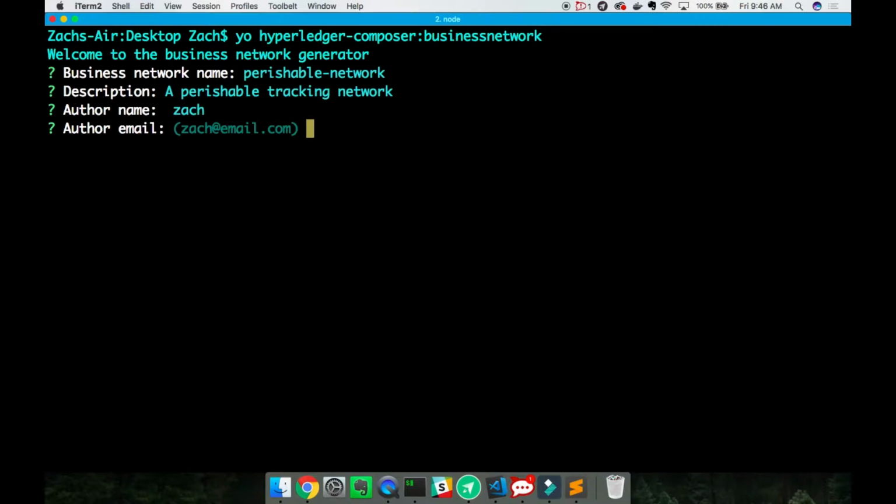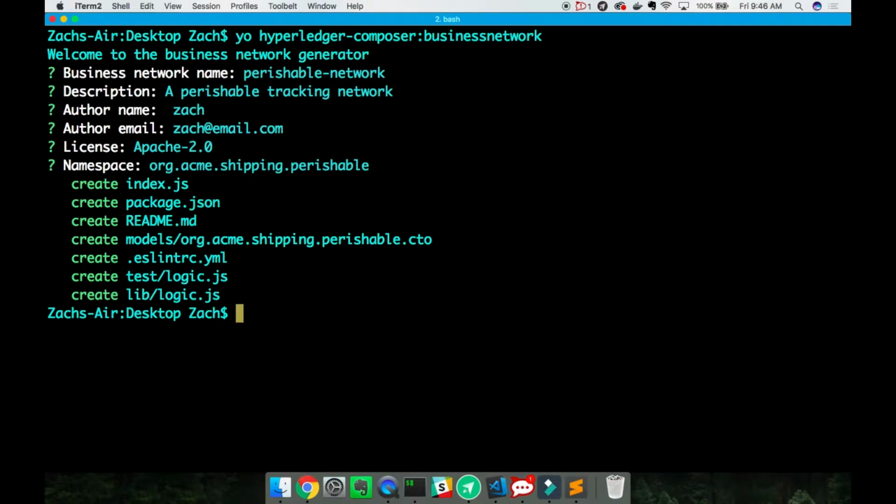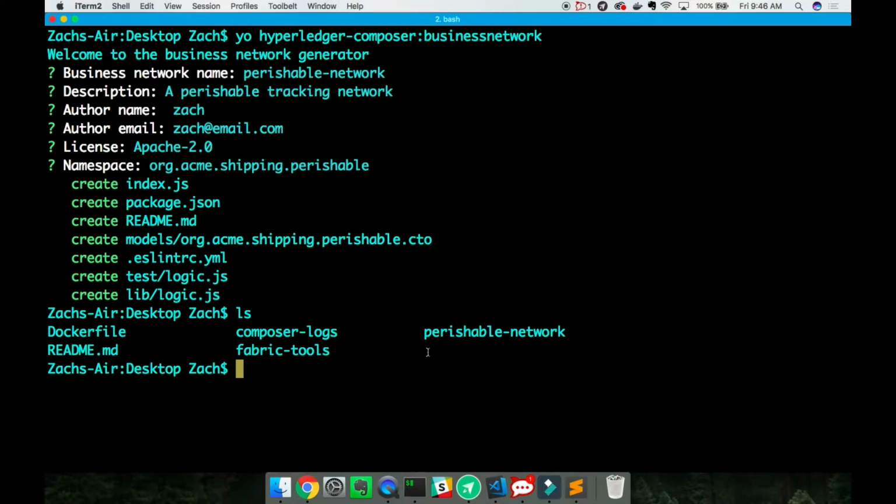And the author name is Zach at Apache license. And also to stay consistent, you can see I've already got it in as the default, but I'll rewrite it. We're keeping the same namespace that we have previously. You can see there that what we have created is a new directory called perishable network. So I'm going to copy the README into the perishable network,